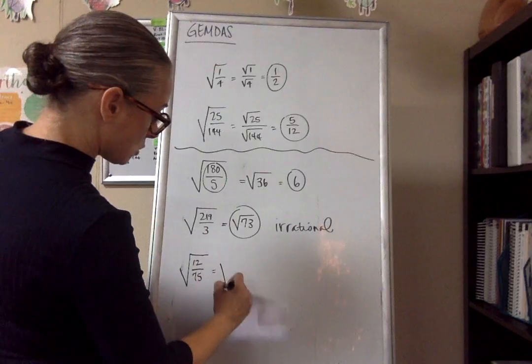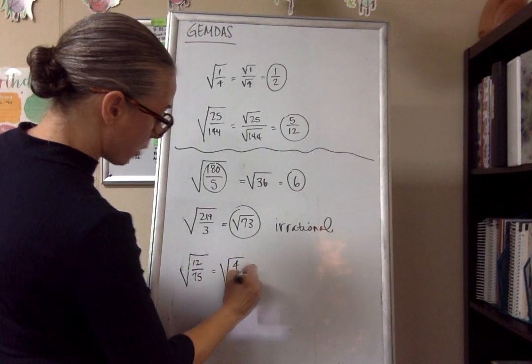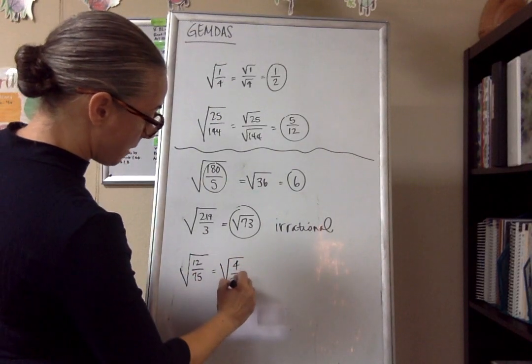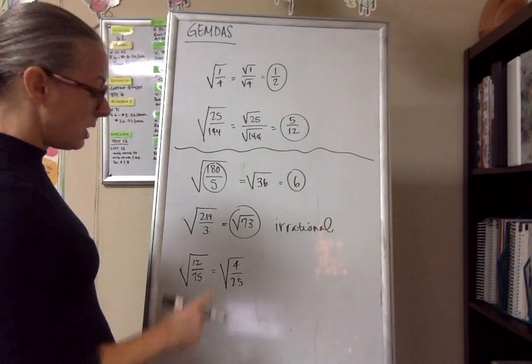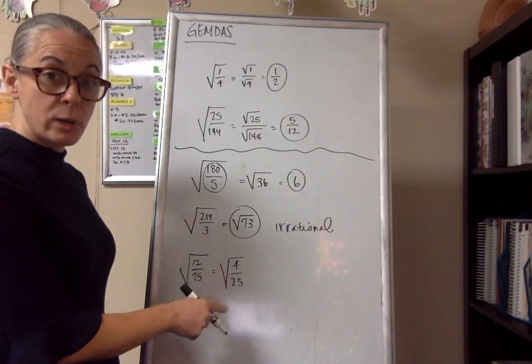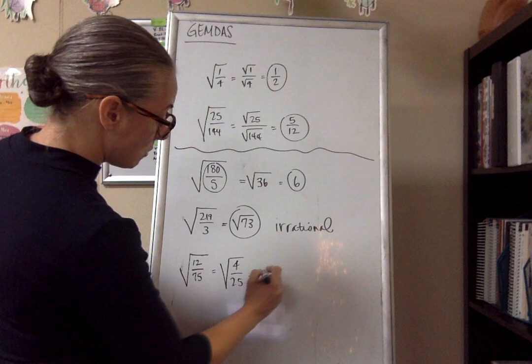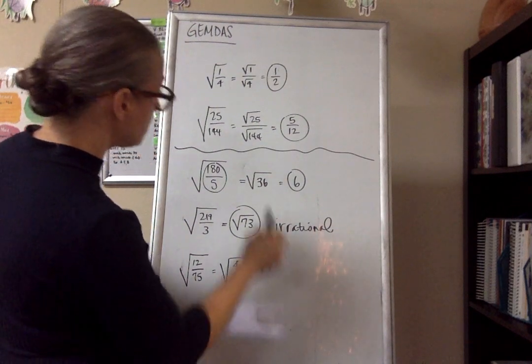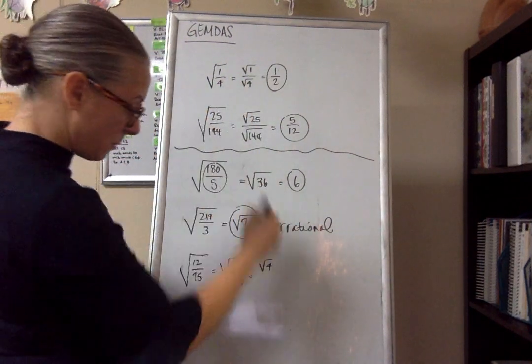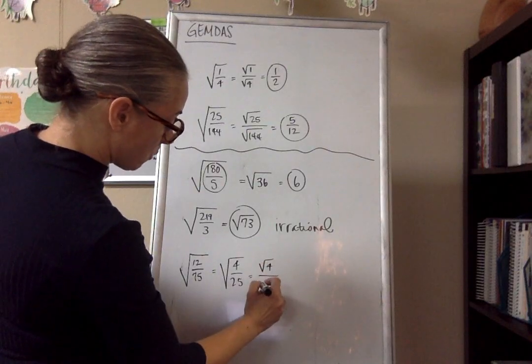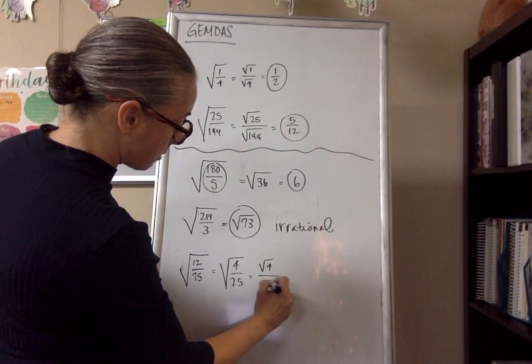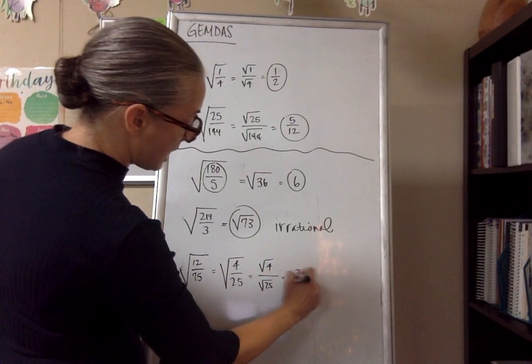So if I divide 12 by 3, I get 4, and if I divide 75 by 3, I get 25. Well, now I know that 4 and 25 have perfect square roots, so now I can rewrite this just like I did these problems in example 3. I'm going to write square root of 4 over the square root of 25